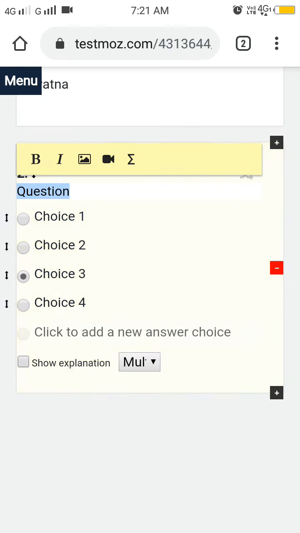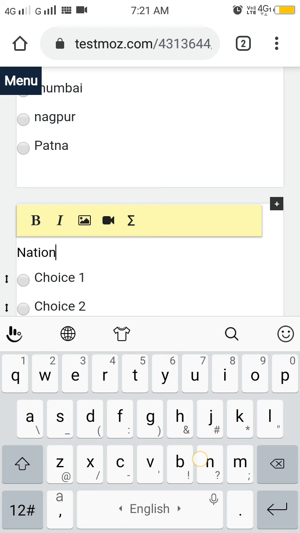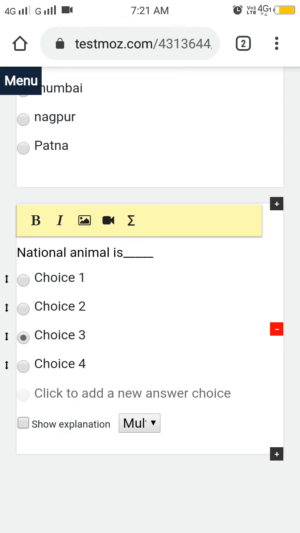Type the question here. Say national animal is dash dash. Okay, options, right?